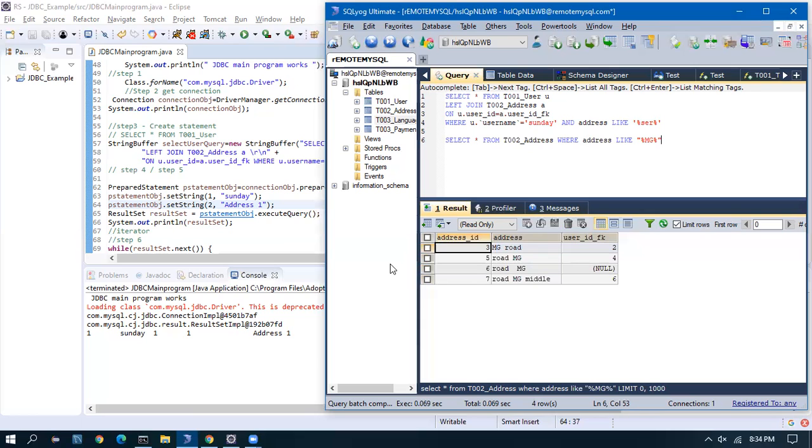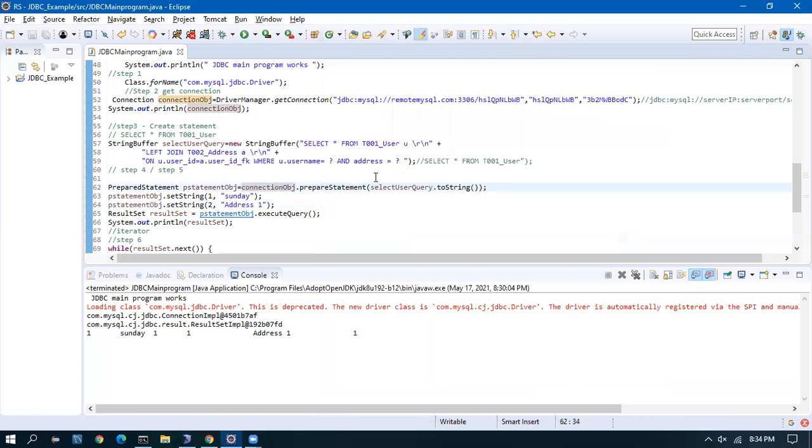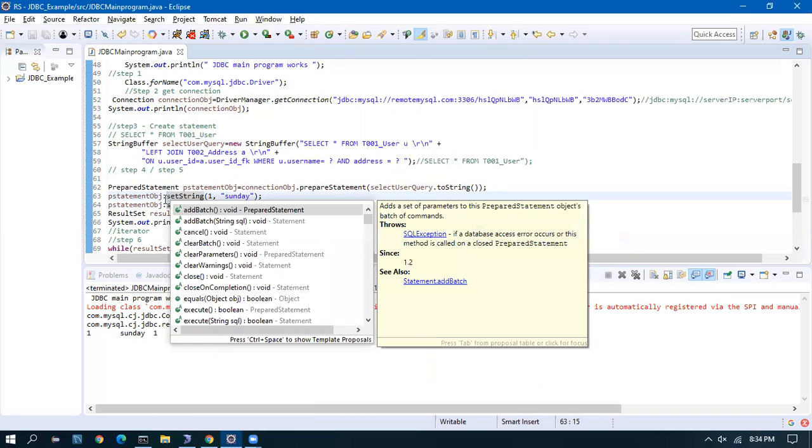Super. So the same way, when I have multiple question marks, we set the values like 1 and 2. Let me try one more also. Set string. Let us see what the documentation says.